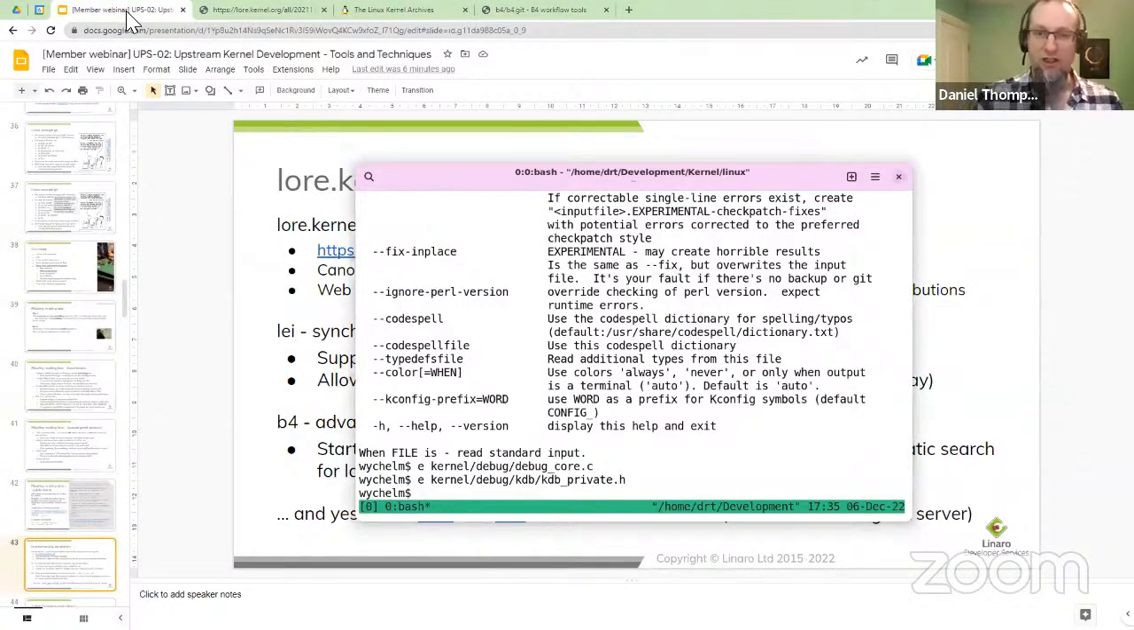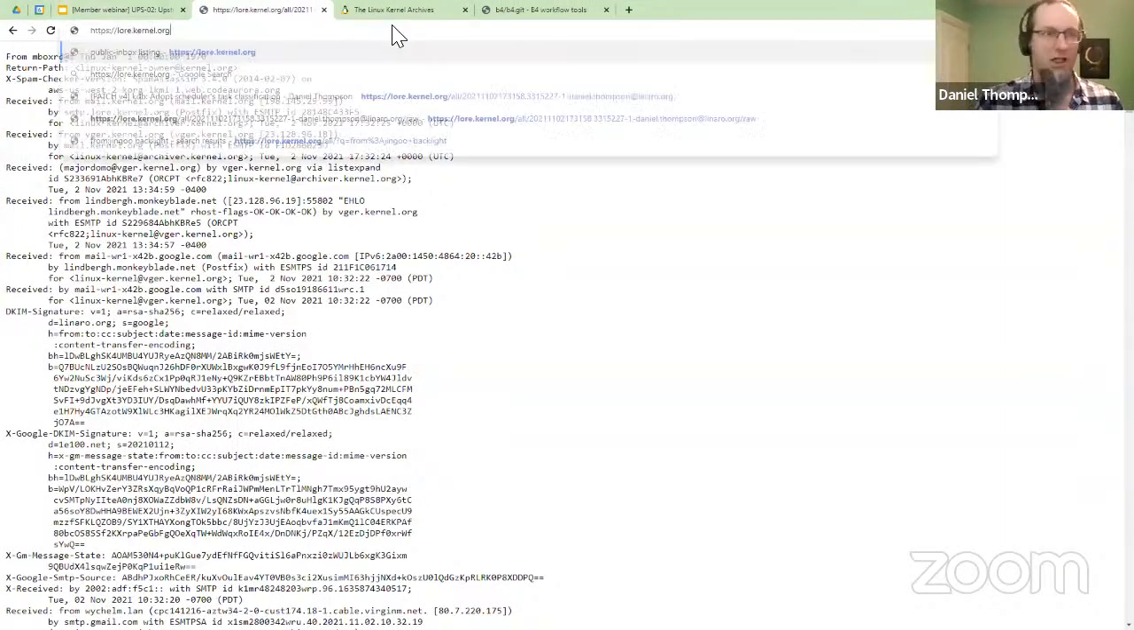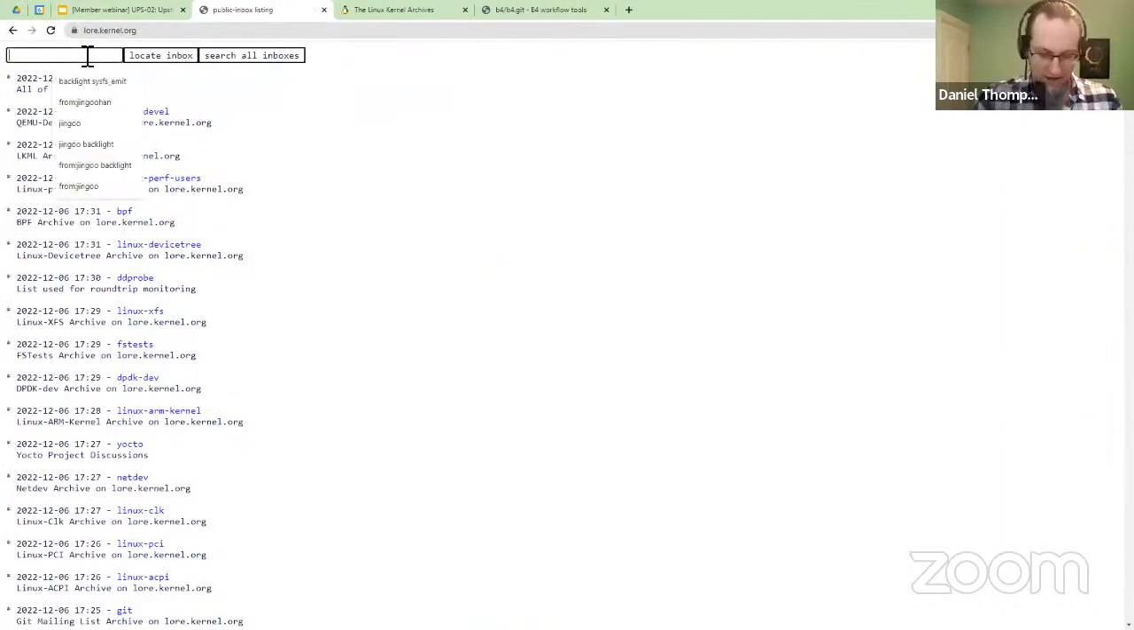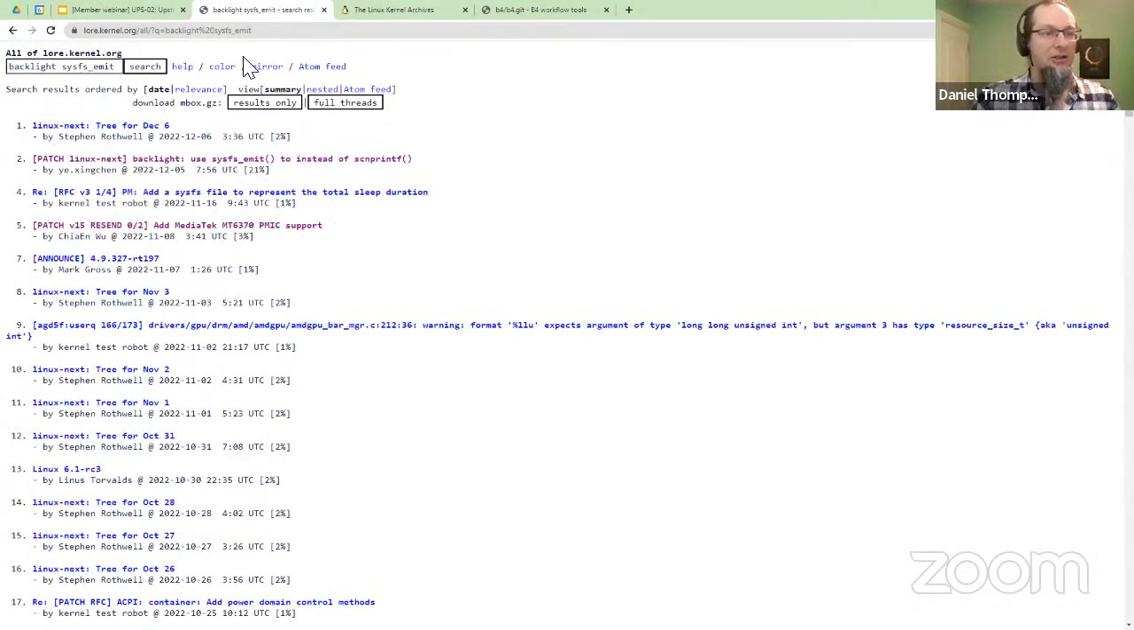And in terms of showing you what it can do, you start over here. So I'm back on lore.kernel.org, and I'm going to look for some mail. I'm going to look for something with backlight and sysfs in it. Backlight. And that will pull out a couple of patches. I've had some problems with copy and paste, so I won't show you this one, but I will jump to this one for which I've got a